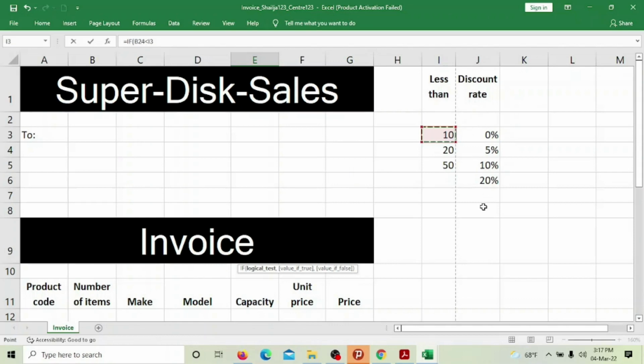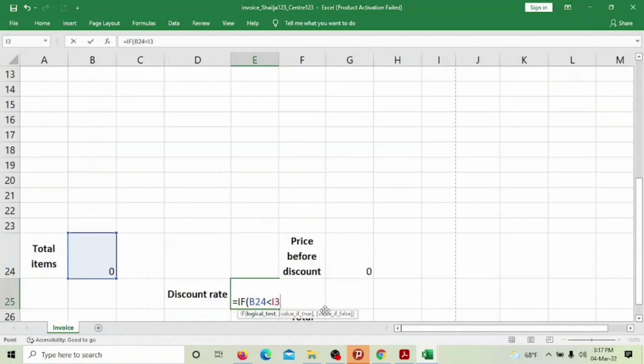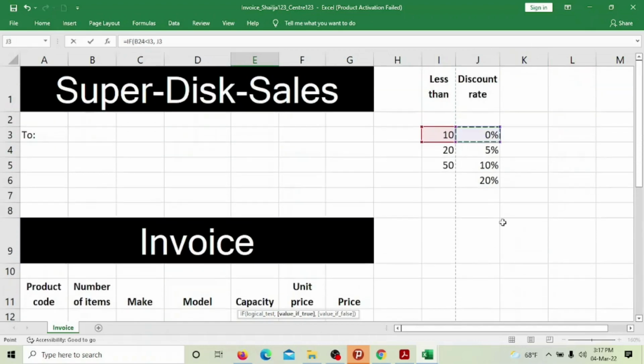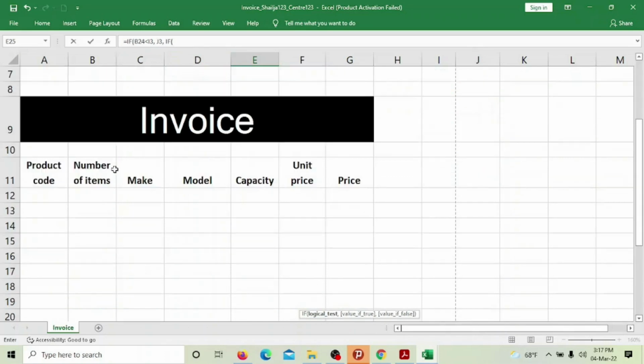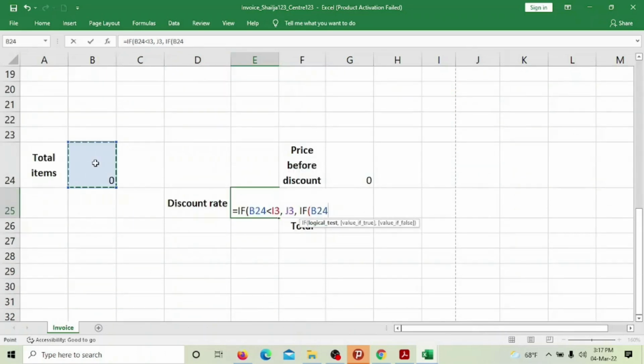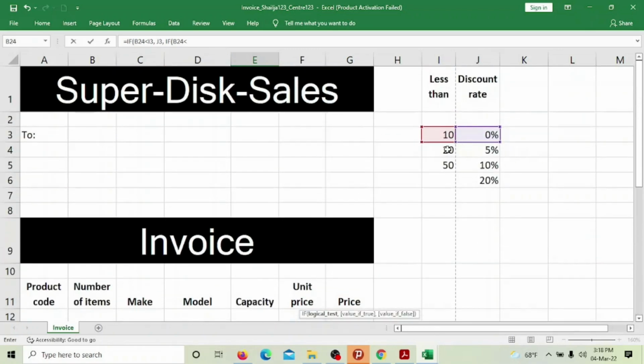Okay, so these are the J's, these are the I's. Then what is the answer? Comma. So it has to pick J3. Fine. Then you can see here the formula, comma. If this is not the condition, if B24 is less than I4 now, I4,